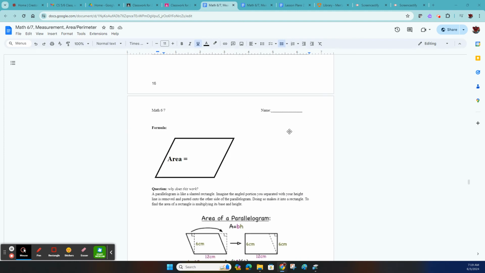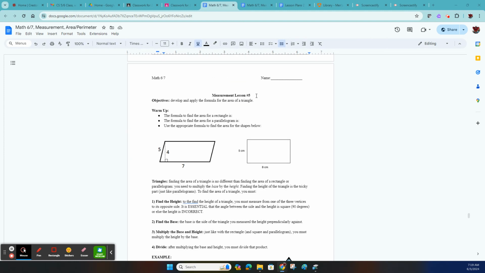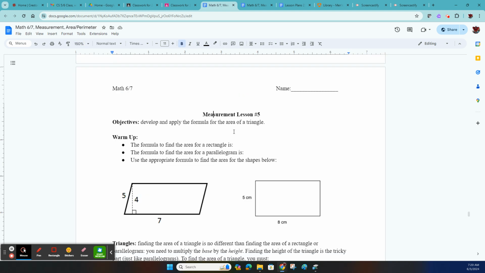Howdy, howdy, howdy. I'm just madly scrolling through this big fat work booklet. We're on lesson 5, and guess what? That's the last lesson of this geometry unit. So hip, hip, hooray. Our objective on this one is to develop and apply the formula for the area of a